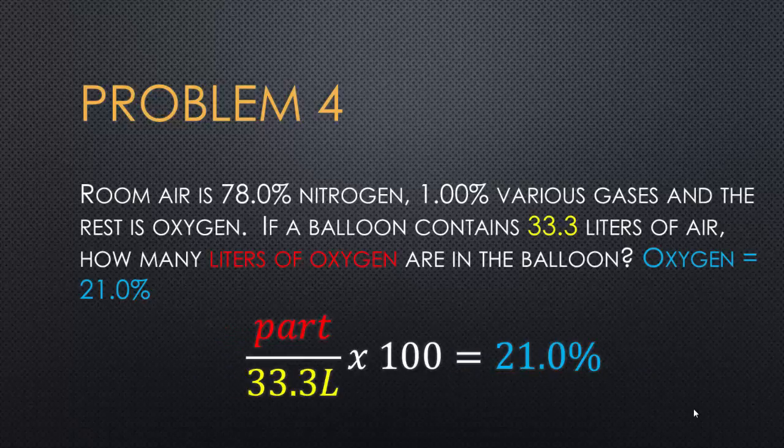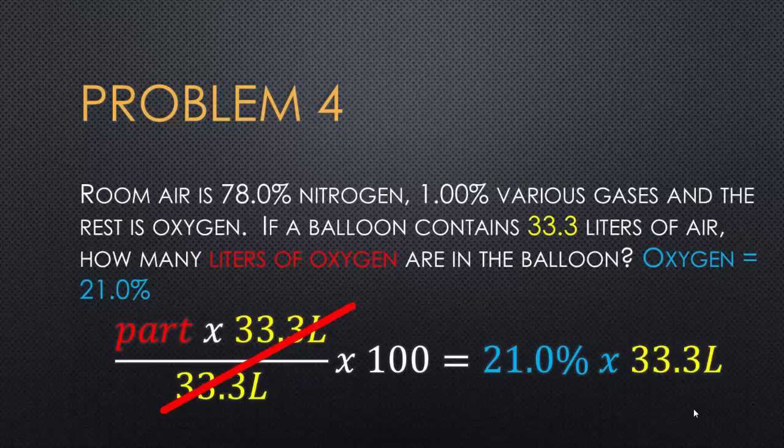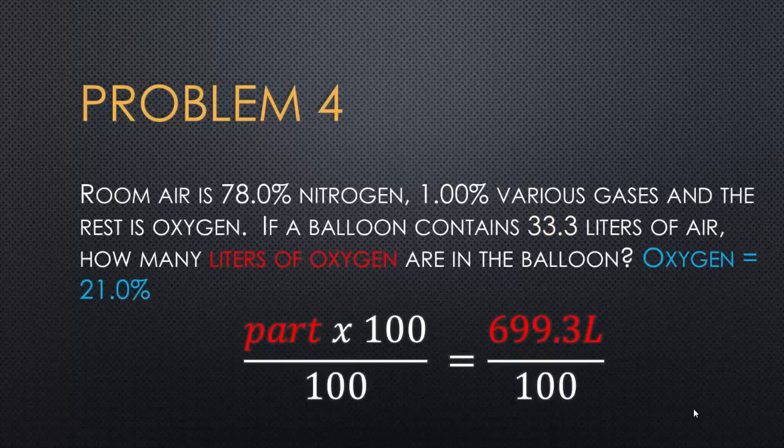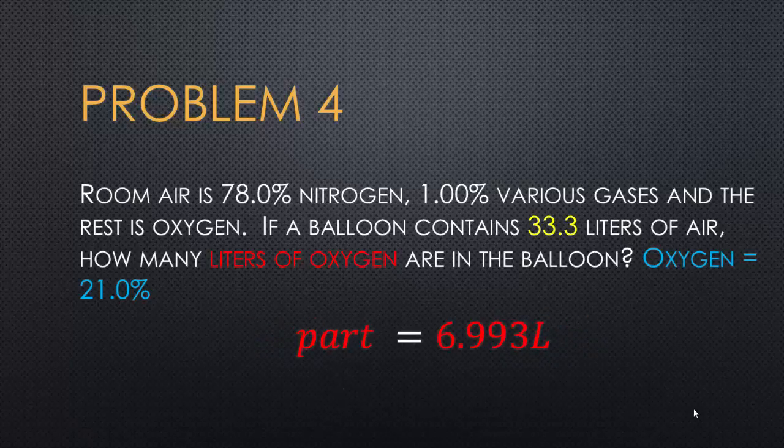So the whole is 33.3. The percentage we're interested in is 21%. We still don't know the part, but now we can easily solve for that. Multiply both sides by 33.3 liters, so it cancels out on the left. We're left with this equation. Divide both sides by 100 so that we isolate the part on the left-hand side. The part equals 6.993 liters. And for reasons that I will explain to you in section 2, the more correct answer here is part equals